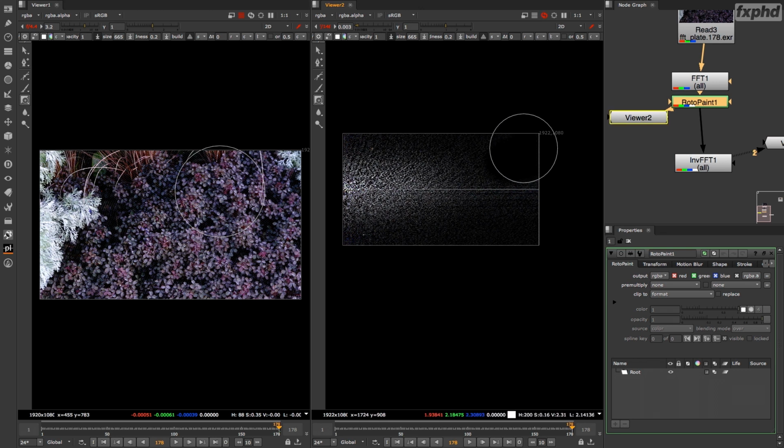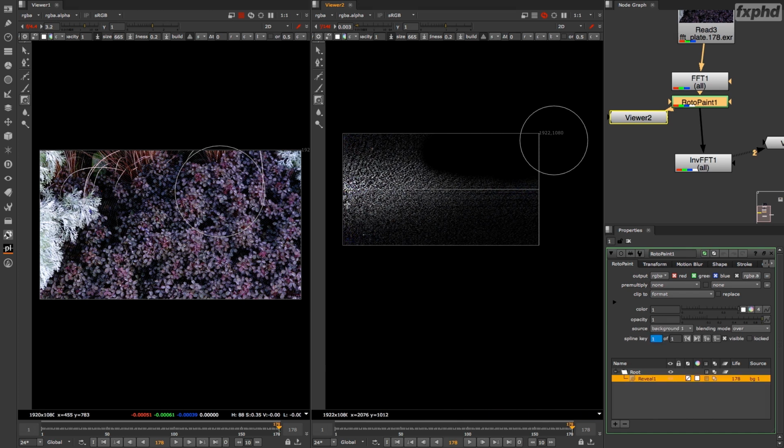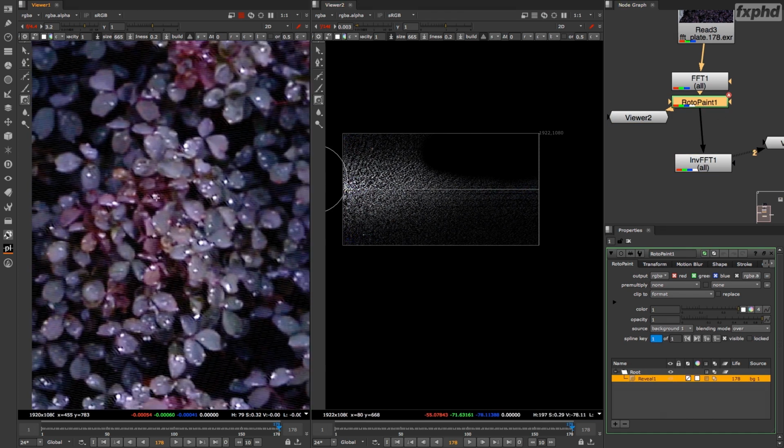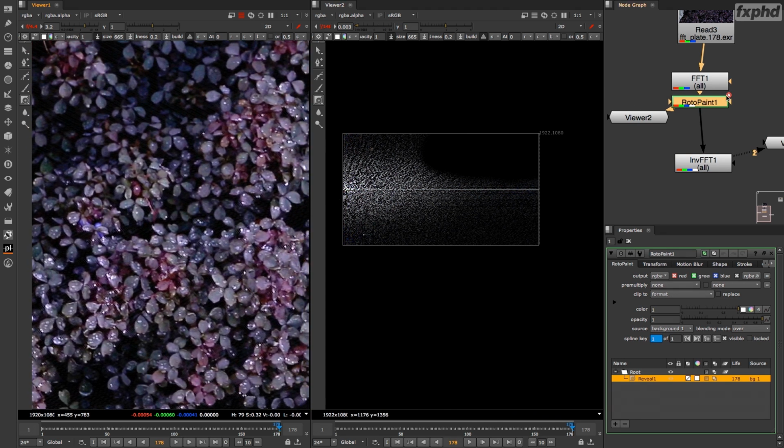So I'll just paint out a lot of detail like that, and I'll zoom in and let's say something like this frame here. So I've deleted a lot of things here, but you can't really see a big difference in your image. So I'll continue to reveal all those